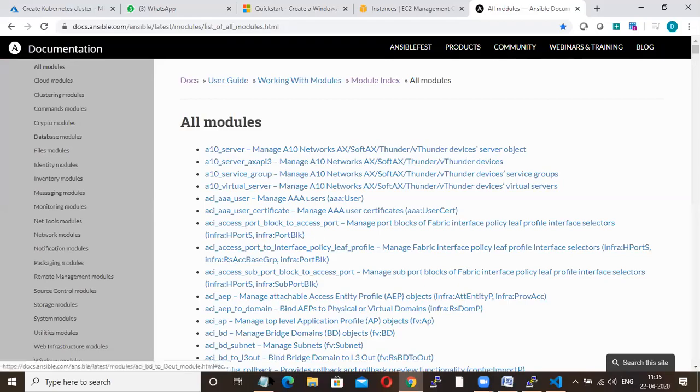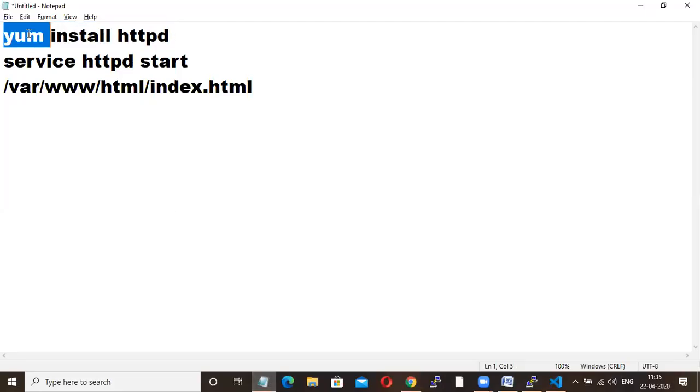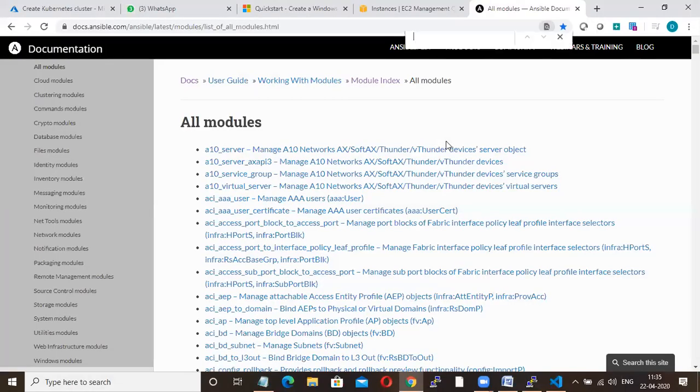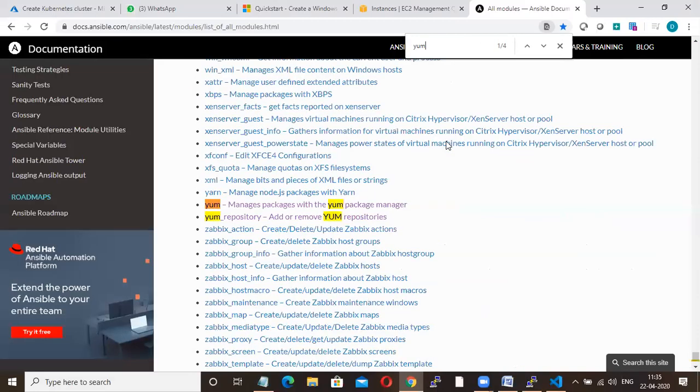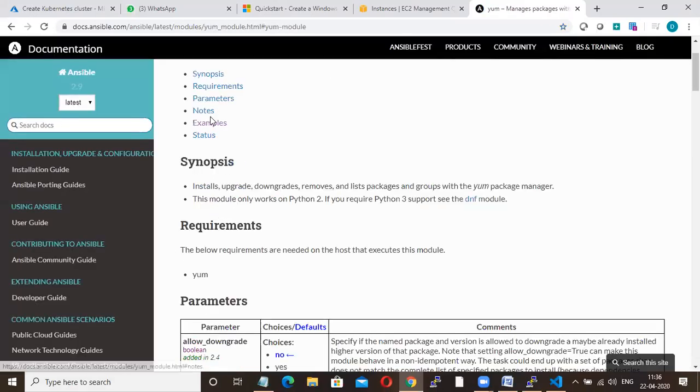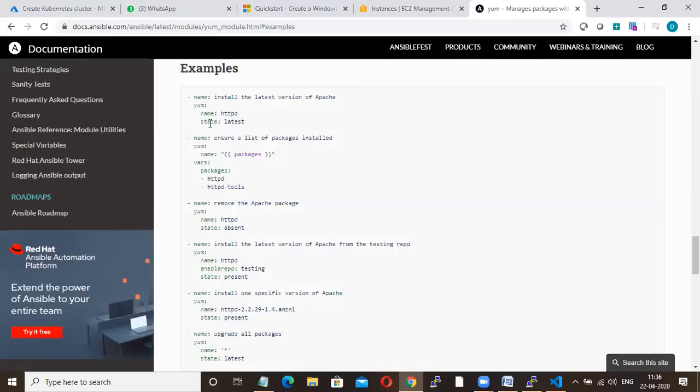So which module are we looking for? yum. Okay, the yum module we are looking for. So Control F, search yum. Okay, so here you are getting manages packages with the yum package manager. So go here, examples. So this is the syntax.